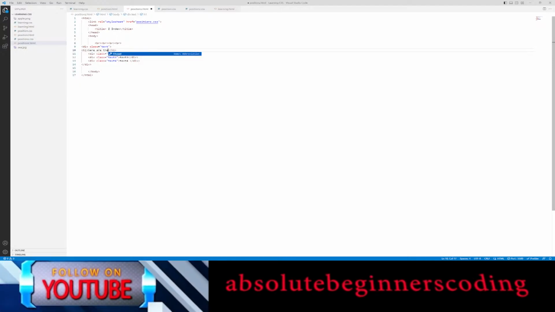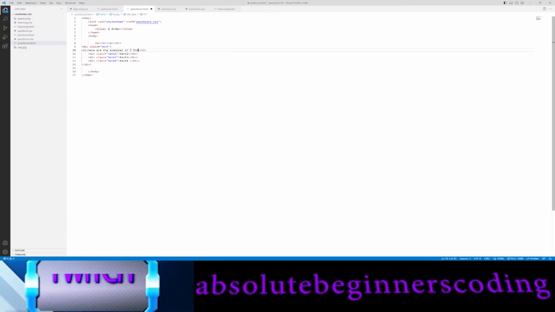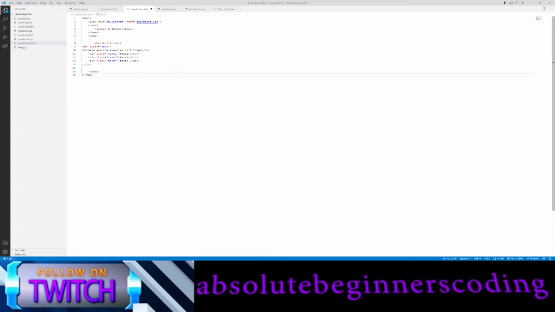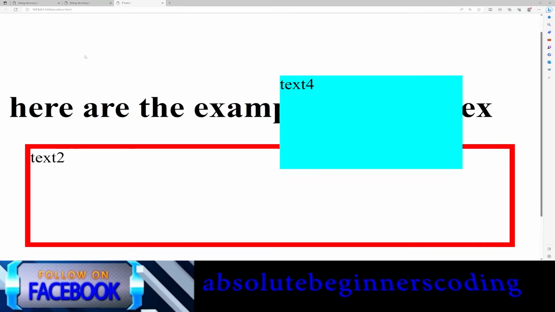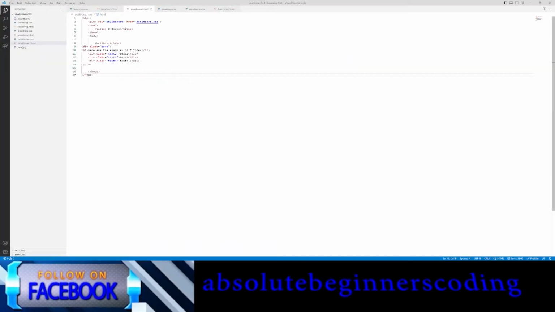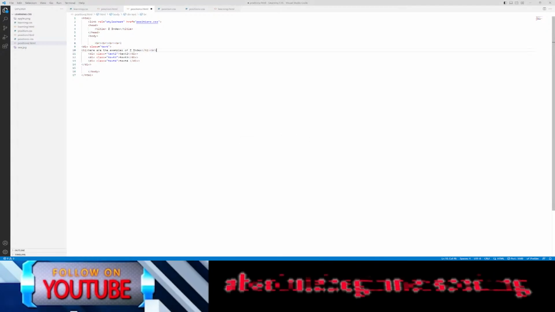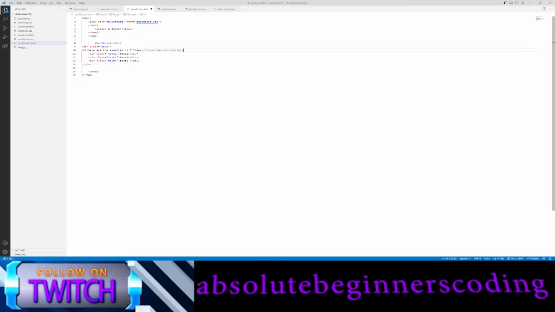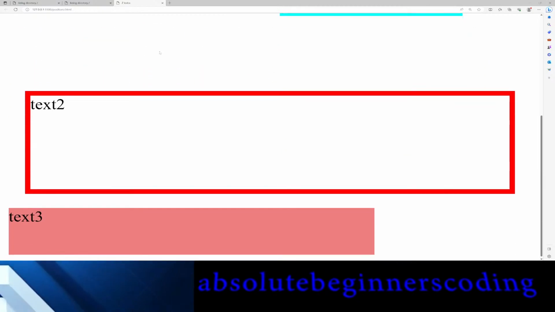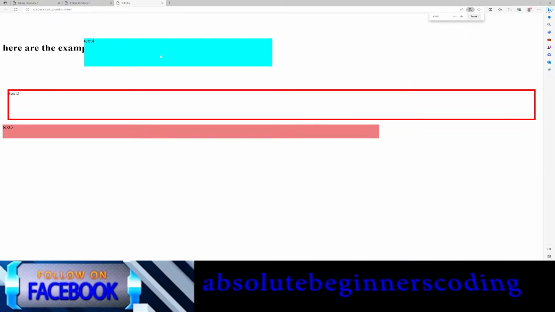Here are the examples of z index. Okay, so let me save this. Now you can see, let me add another br. Okay, so what happens here is,